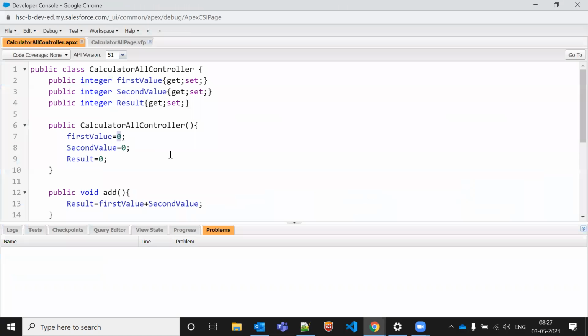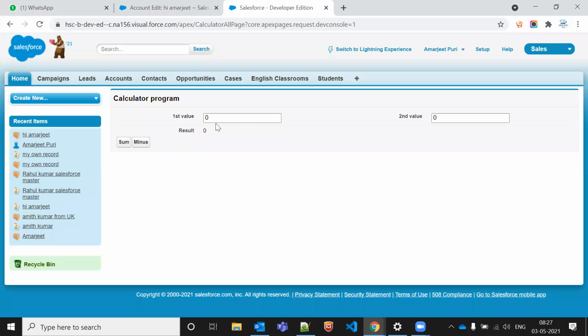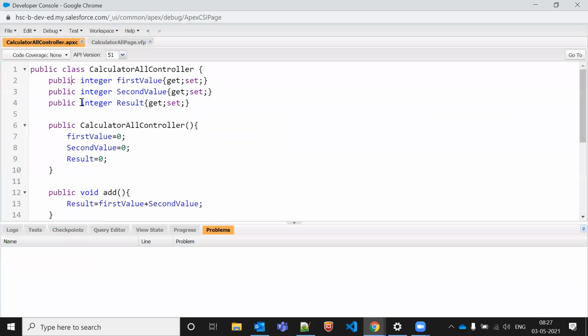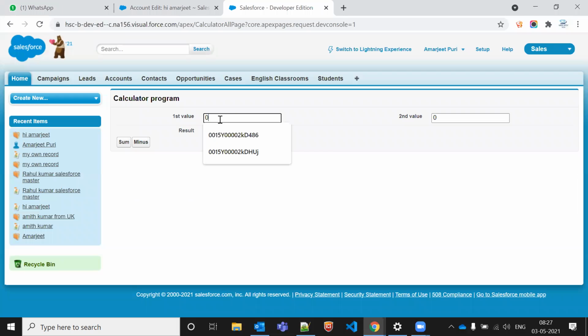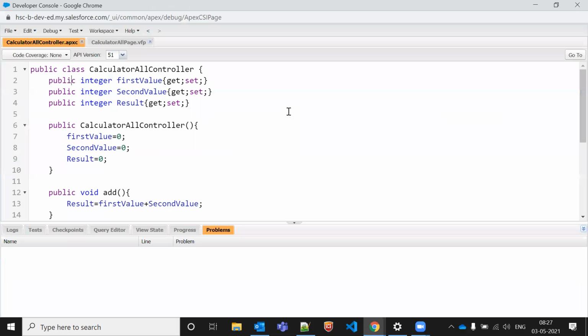If I'm not adding anything, that is making it blank. That is also a value, a blank value. So I'm getting the 0 value here, which means we are first getting from the Apex class to the Visualforce page, right? Now I'm passing some value here and making the calculation. It means we are setting the value from the Visualforce page to the Apex class. Got it or not?